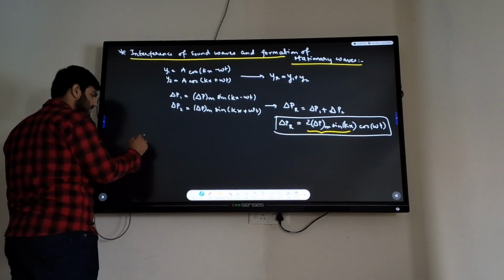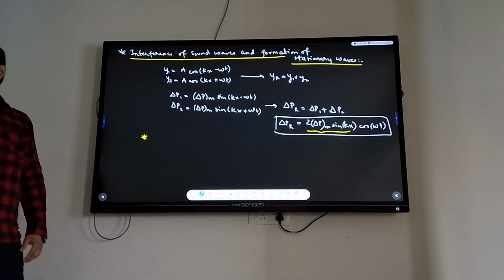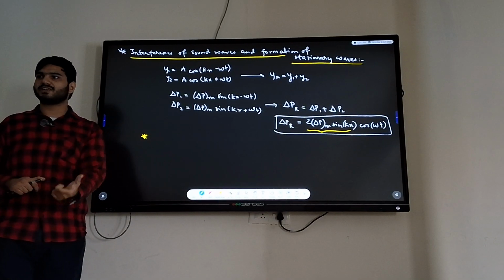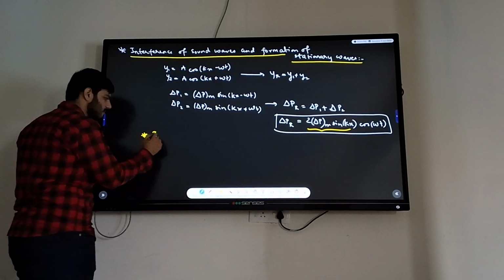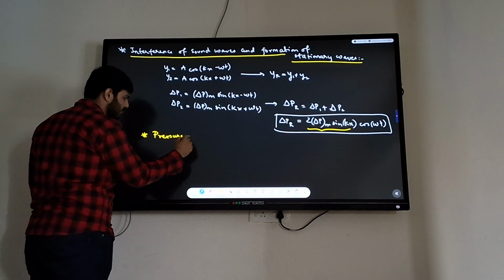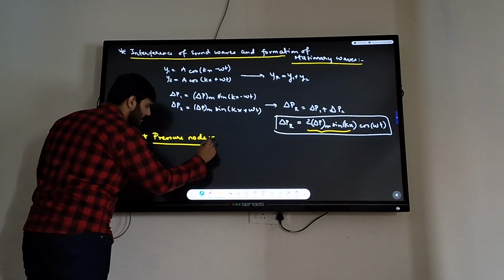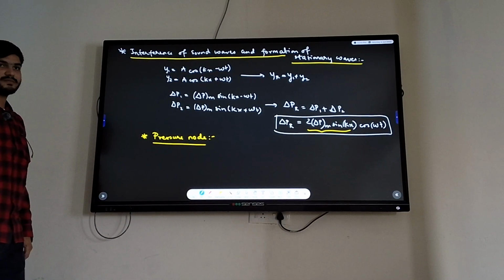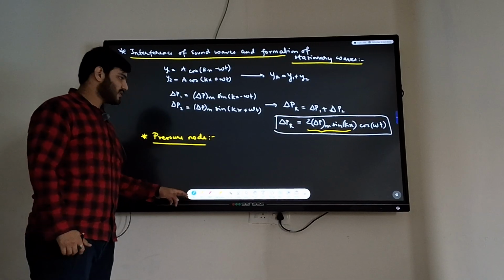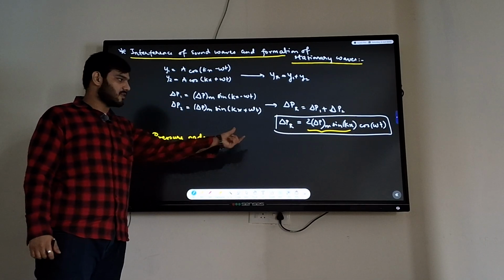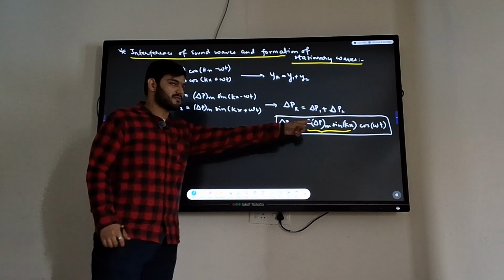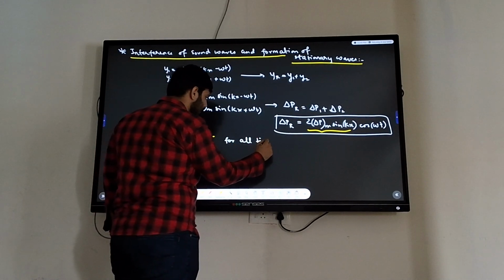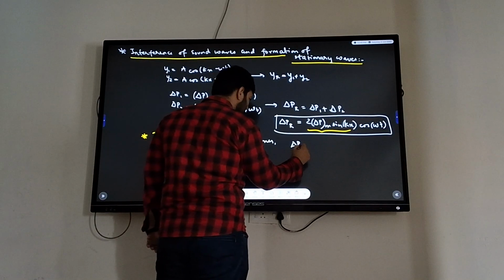So let me write it. Again I will write nodes and antinodes, but since I have used delta P, I will call it pressure node and pressure antinode. Okay? Pressure node. And what is the pressure node defined to be? What is the variation of pressure there? Earlier the displacement was 0, now what will be 0? The whole thing will be 0. So for all times,